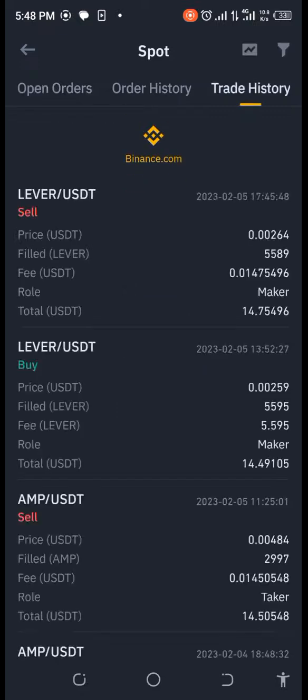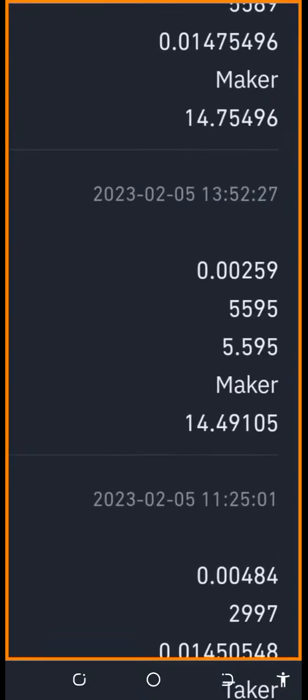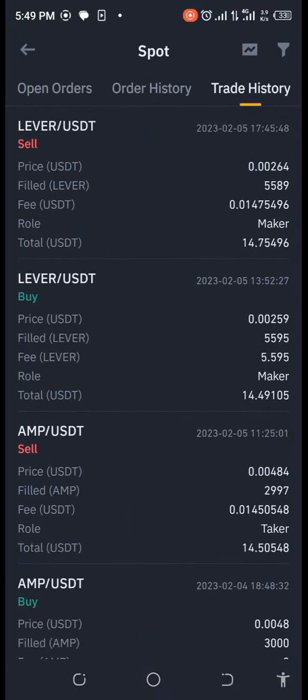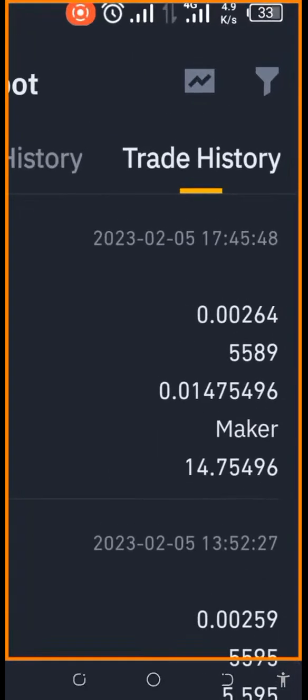Okay, so look at this, this is the trade history, right? We bought it for 2590, that's 0.002590. I could have actually done 2565 or 2570 because it actually went lower than that. If you take a good look at the trade, you would see, I'll show you in the chart, that it